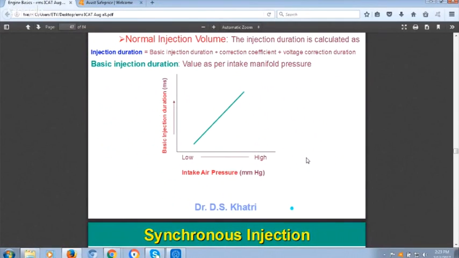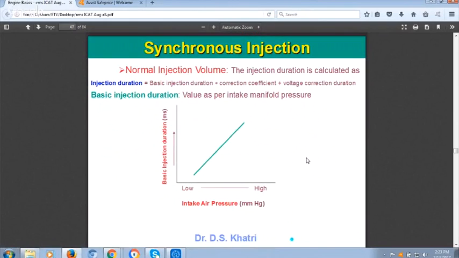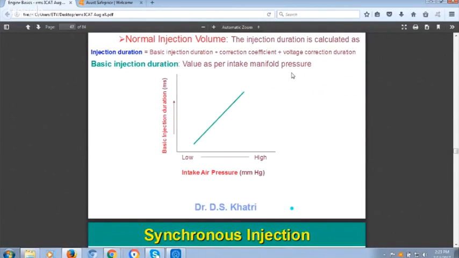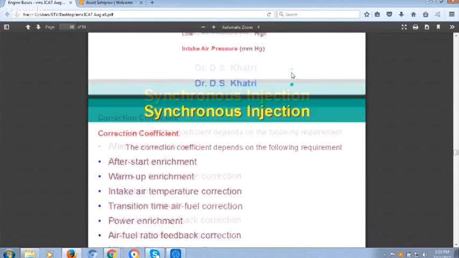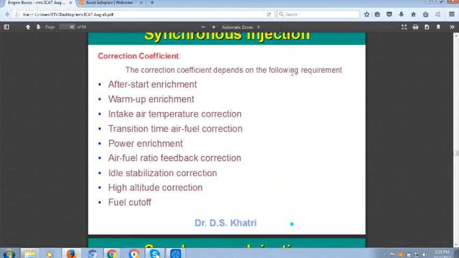Now, normal injection volume. This is about the calculated injection duration, the base injection duration, correction coefficient, and voltage correction, what we have discussed with you. Now, correction coefficient. There are different things. Very important. First is